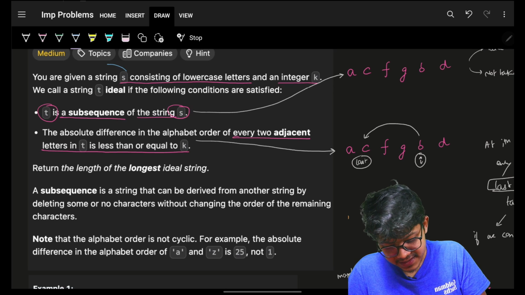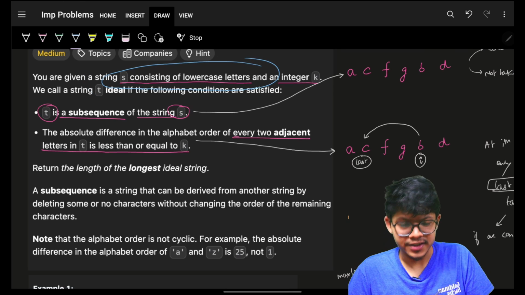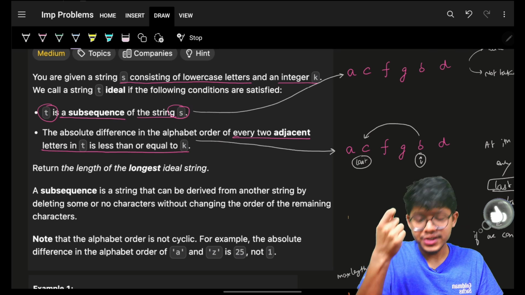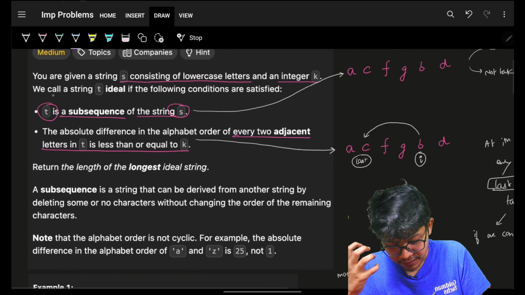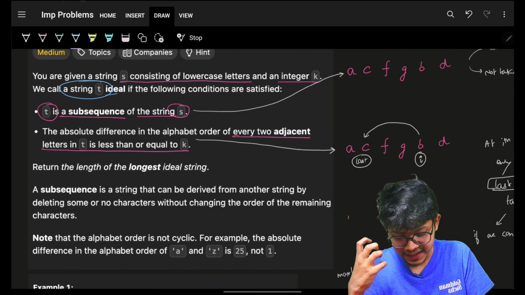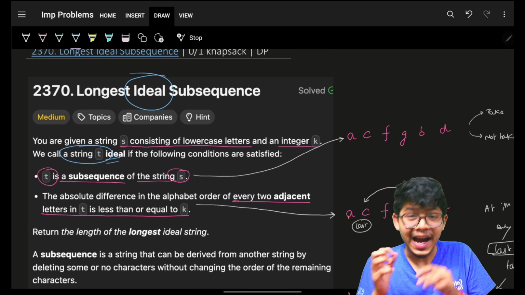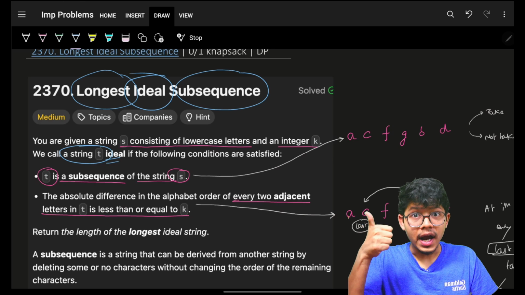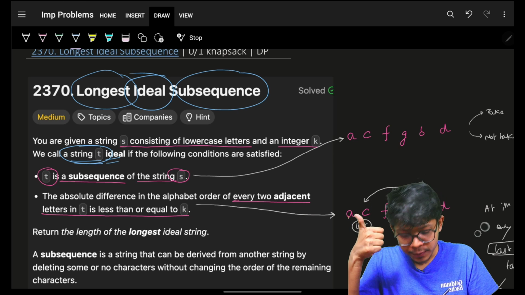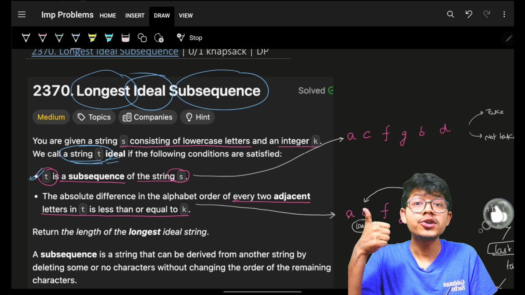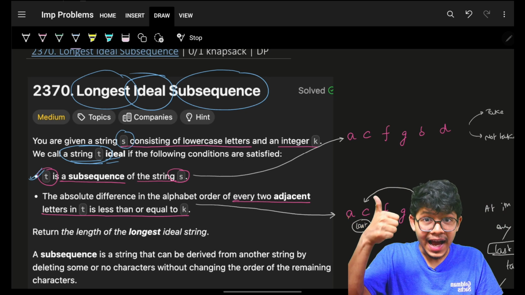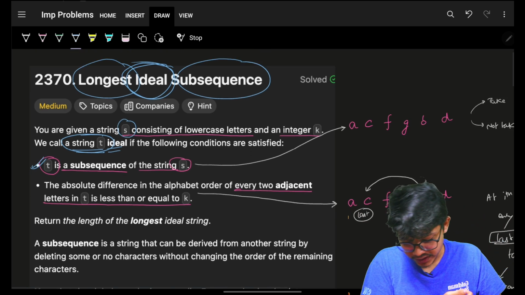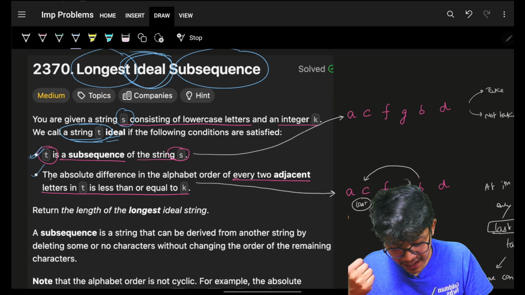You are given a string S consisting of lowercase English letters, from small a to small z, and an integer k. We call a string t ideal. As you can easily see, I have to find the longest ideal subsequence. Firstly, this string t should be a subsequence of my input string S. Also, to make this an ideal subsequence, I have to make sure that the absolute difference